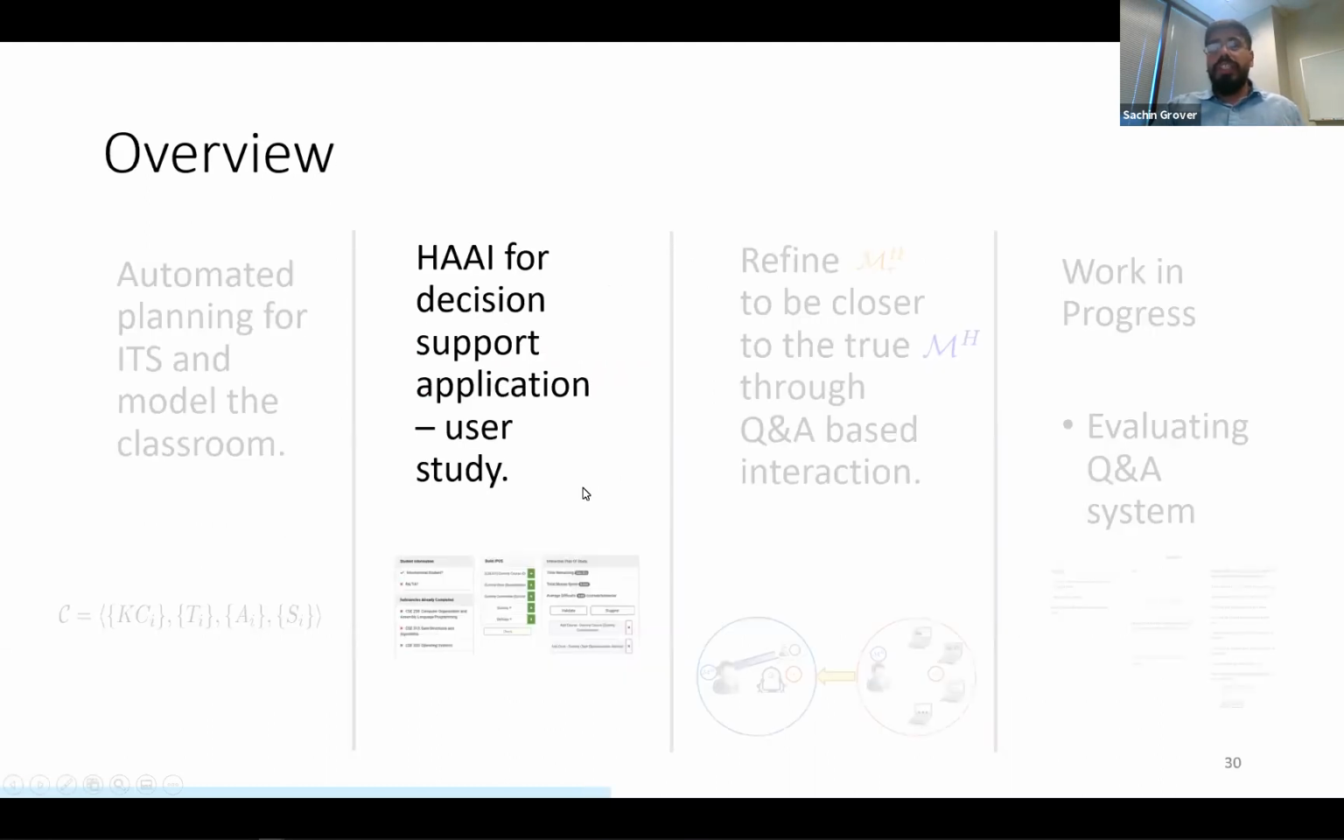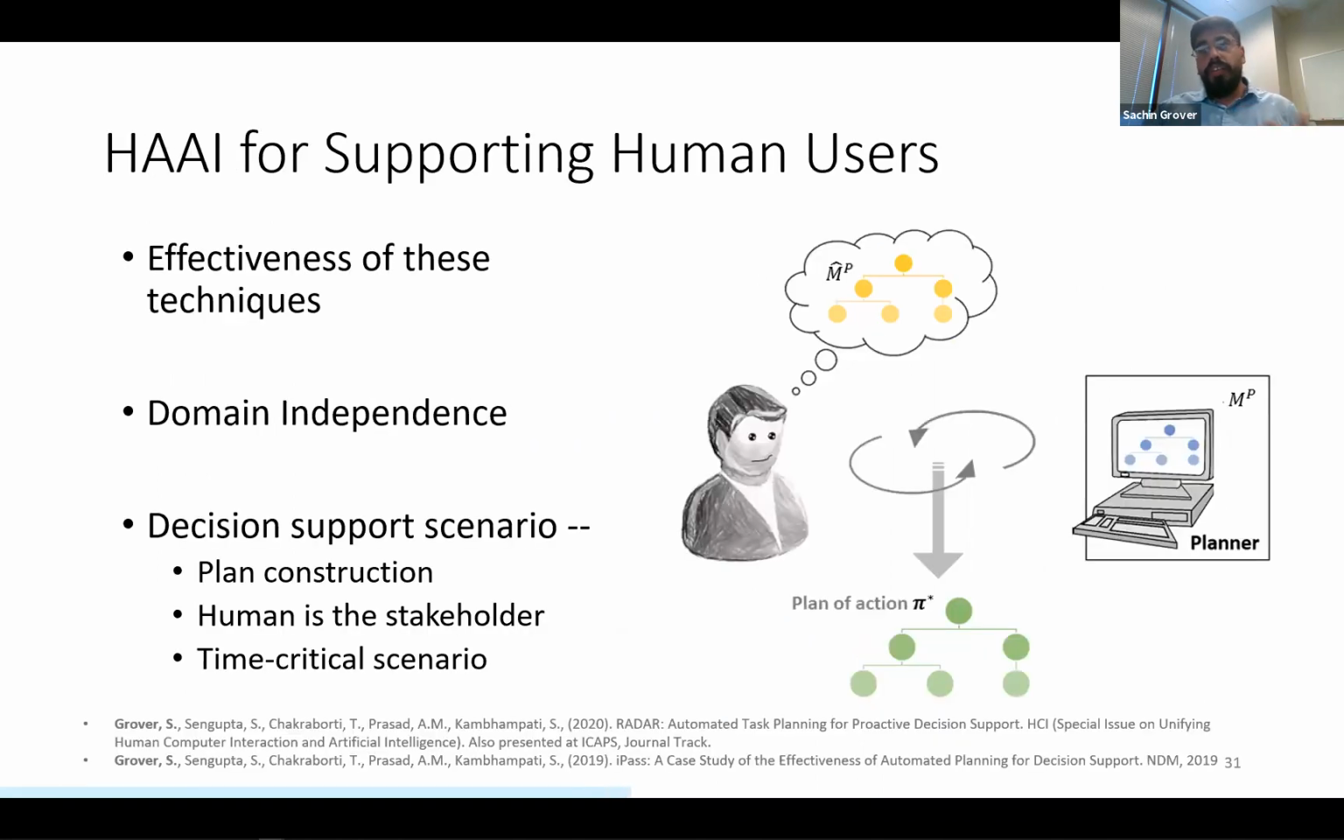But this doesn't mean there is a complete evaluation, right? I mean, it's just showing theoretically it can be applied, doesn't mean that it might be useful in the real world scenario. So what we ended up doing, we created a decision support setting where human is trying to construct a plan